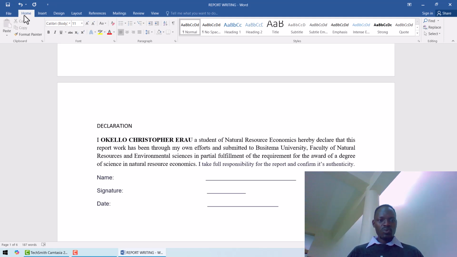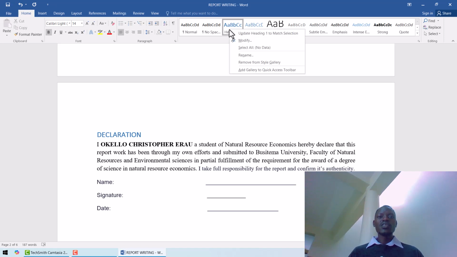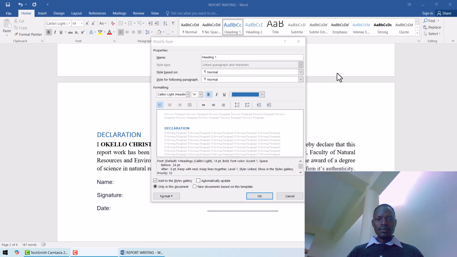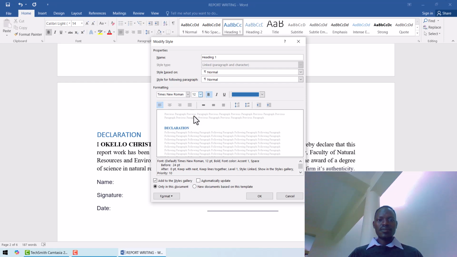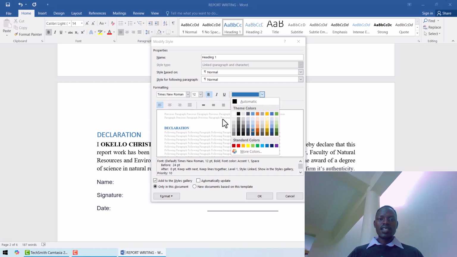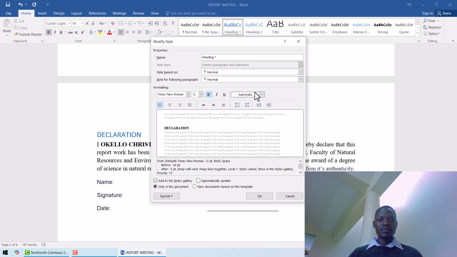So you come here to preliminary pages, starting with declaration. Let us design. So this declaration will be my heading 1. So heading 1, you come here and modify so that anything that we have now on the preliminary pages can go with heading 1. So here you come, the font, you can modify the font, Times New Roman, the font size 12, bold, the color you can change to black, you center,